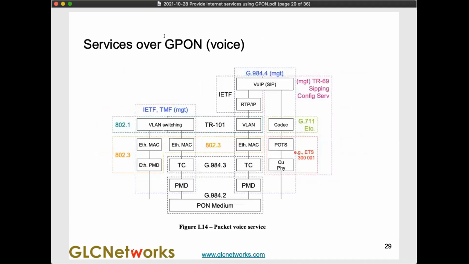Okay, what about voice? As I said, triple play: Internet connections, TV broadcast, and then what else? The voice. So this is how voice looks like. Over here, I think this is the CP, customer premise side. When they connect, they will use the SIP protocol to connect to the